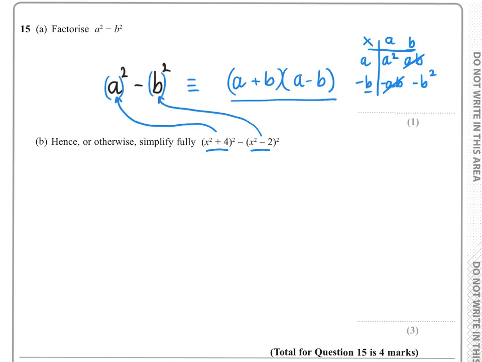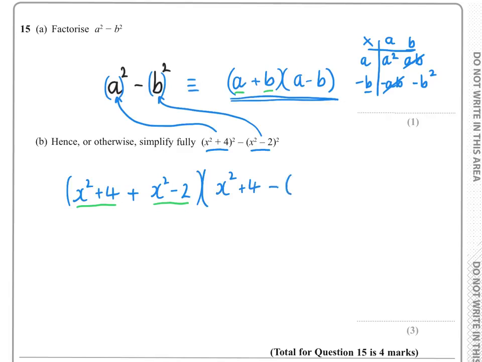Then if we abide by a plus b times a minus b, or a minus b times a plus b, it doesn't matter which way round you write it, we will have x squared plus 4 plus x squared minus 2 in the first bracket, this being the a and this being the b in here, and then multiplied by x squared plus 4